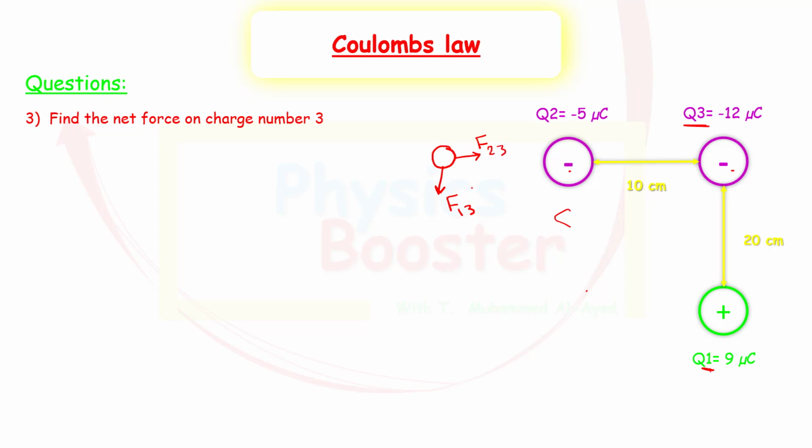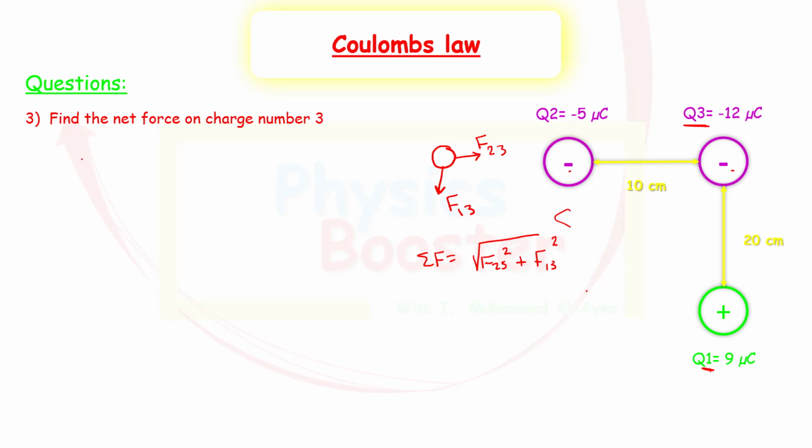F23. Okay, so we will need to find F13 and F23, and then for the final force, the summation of forces, we will use the Pythagorean theorem. It will be the square root of F23 squared plus F13 squared. Okay, so first of all, let's find